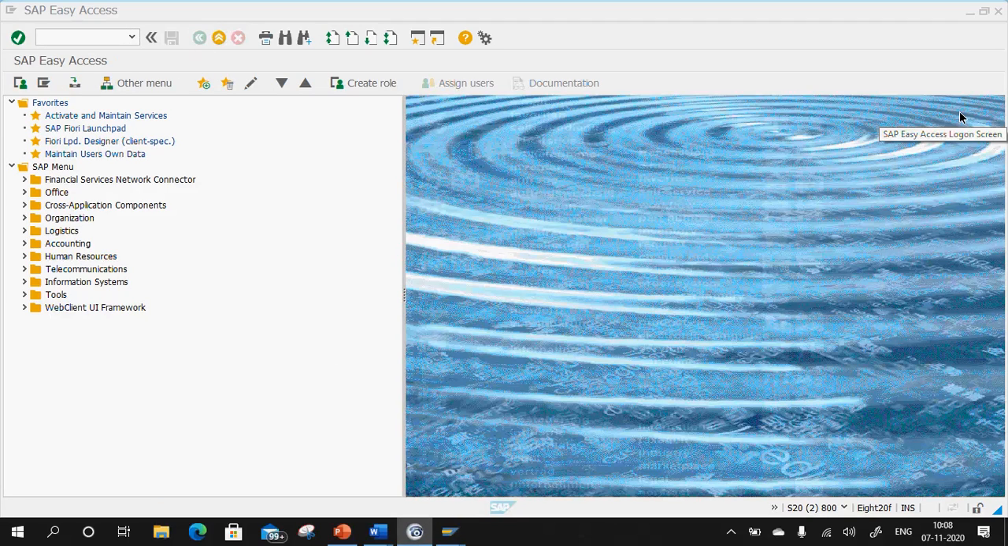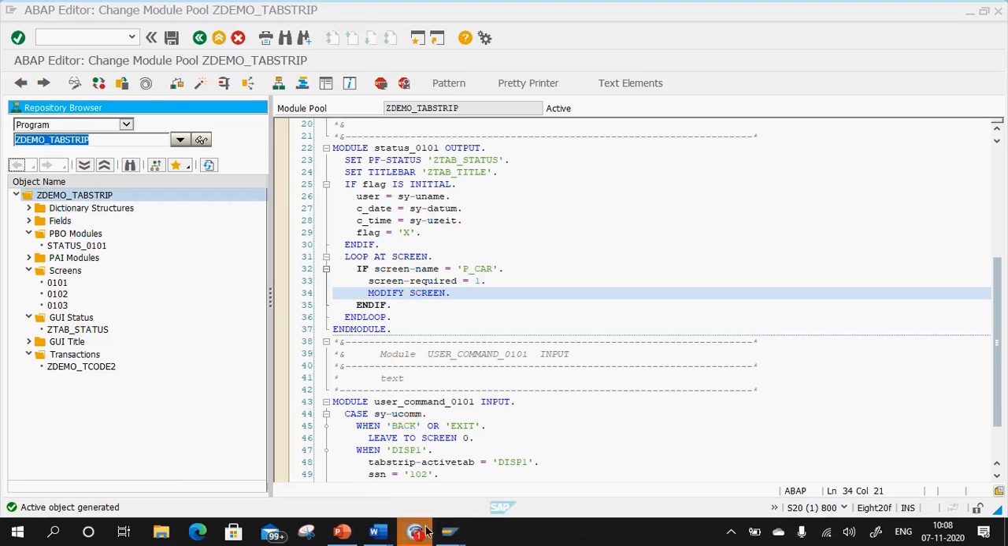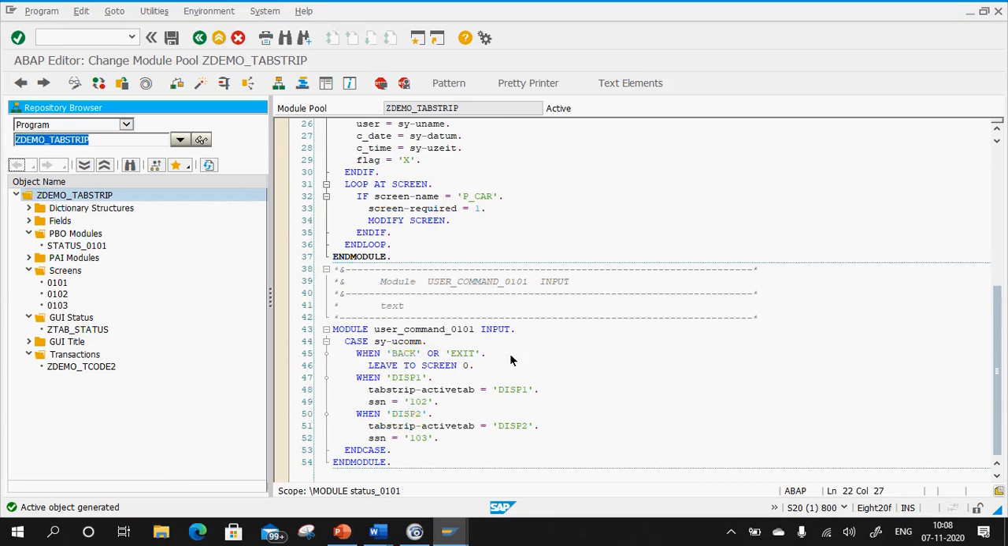So up to this point, is it clear, guys? Up to this point, is it clear to everyone? Okay. Now the next thing that we will do is